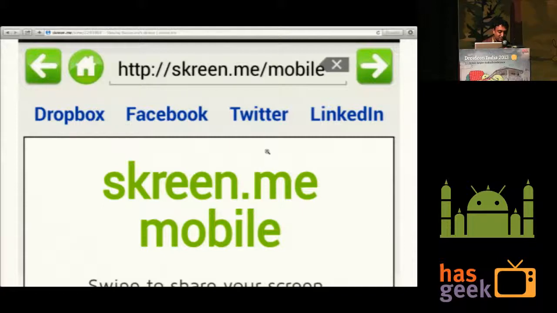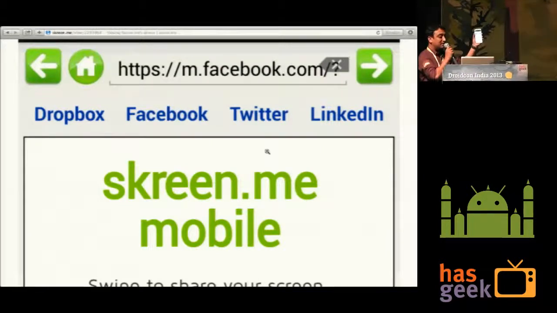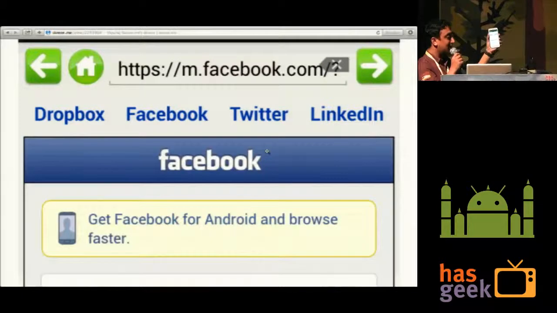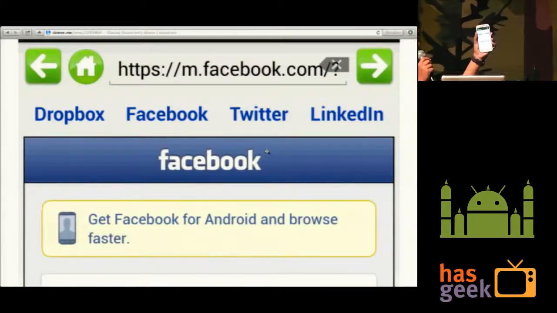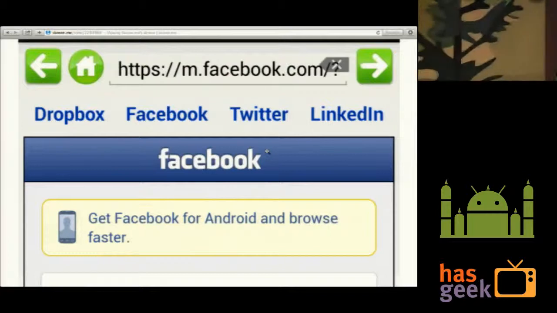Let me show you. Switching to another page. So there is a connection problem. The connection is not of that great quality. I'm on the edge network. Yeah, you see there. Thank you.